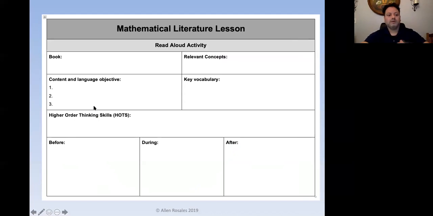And so content objectives, right? It's using Bloom's taxonomy to tell us what the children are going to process. And I also include language objectives. So language objectives will have 4 things: reading, writing, listening, and speaking. And so when you write a language objective, one of those 4 words or processes has to be in that sentence. So children will speak about something.